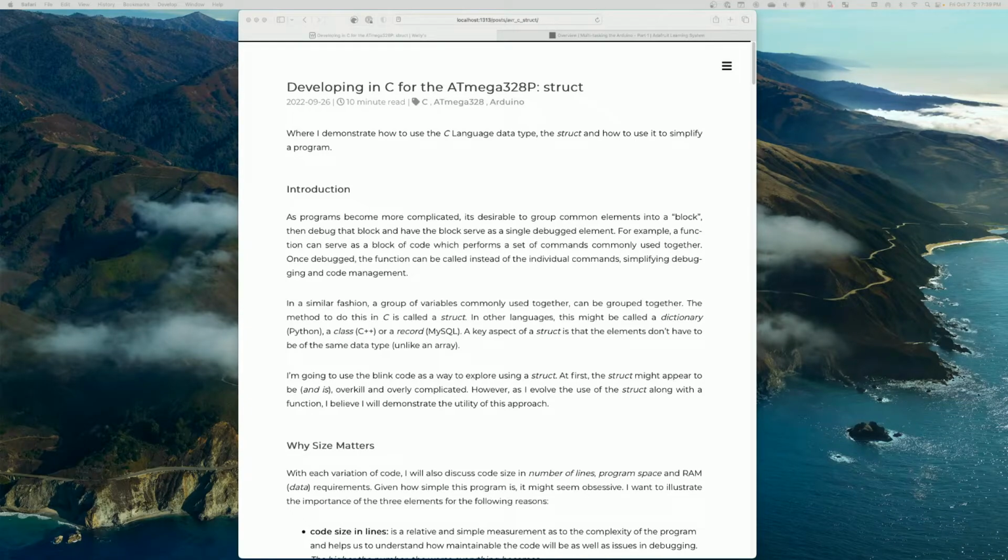This is a video where I review how to use a struct in AVR C. A struct is an incredibly powerful construct which allows you to group different data types together under one naming convention and be able to use those together. And so when you have multiple LEDs or multiple motors or multiple of anything, being able to put them